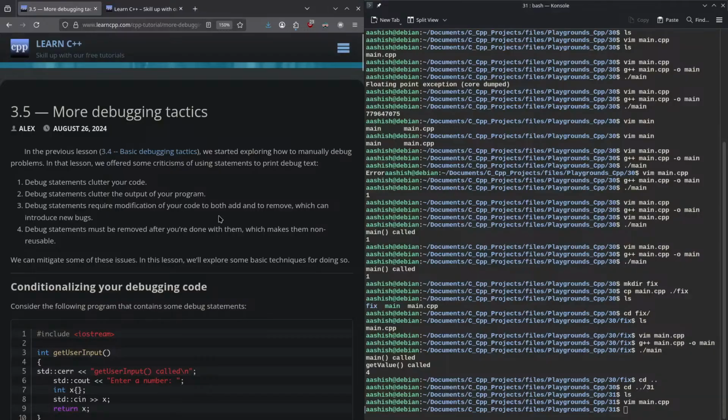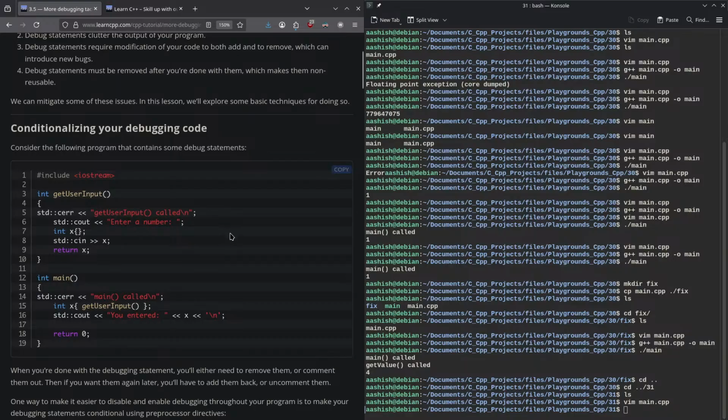This program contains a few debug statements. Int main. Main is called. Get user input goes to standard cout, enter the number. X is initialized from standard in. When x is returned, x is initialized. You entered x. What is then wrong with this program? Because return has not been